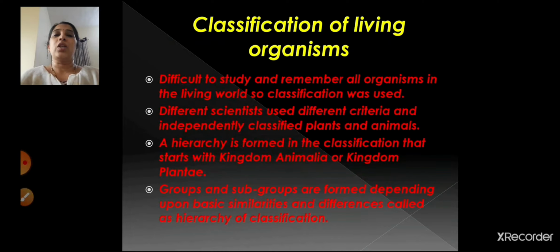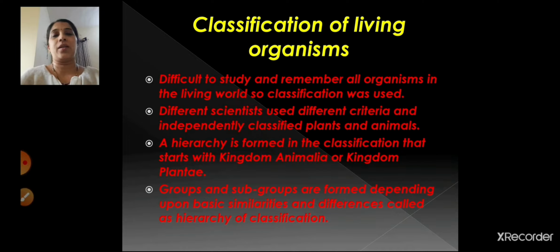Now, classification of living organisms. It is difficult for us to study and remember all the organisms in the living world, and that's the reason classification was used. Different scientists used different criteria and started classifying the plants and animals themselves. To avoid this confusion, a hierarchy was formed in the classification that starts with the kingdom Animalia or kingdom Plantae. Hierarchy means